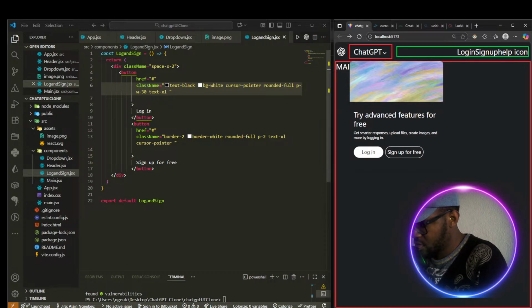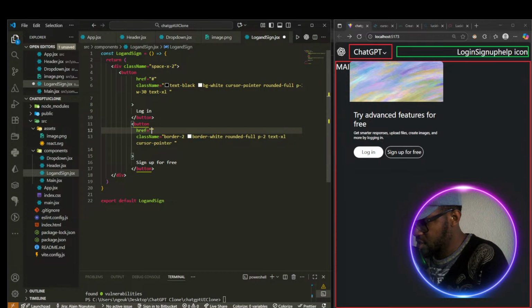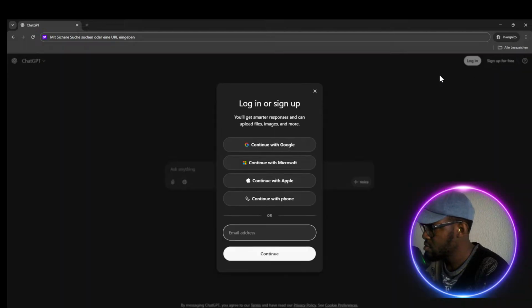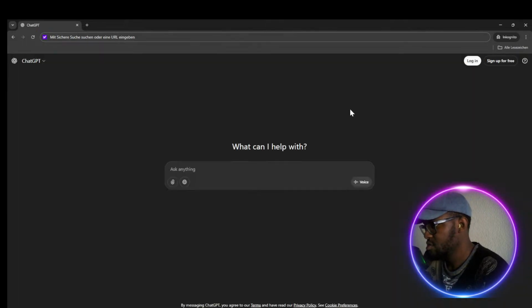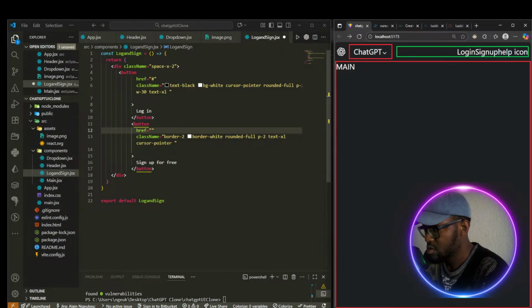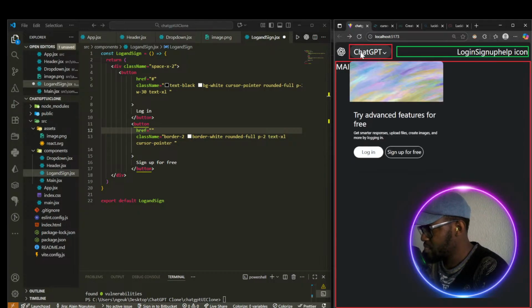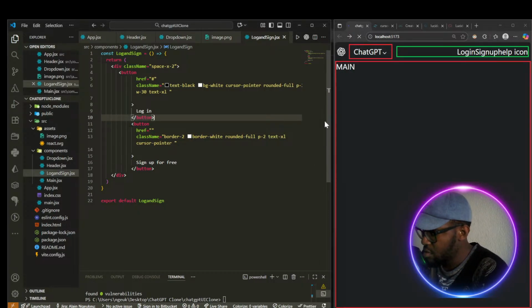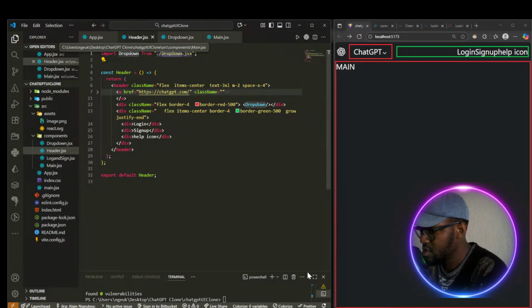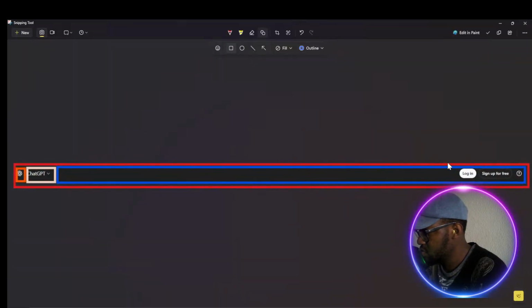Let's say for example for the sign up free, let's go and sign up free. We have this. Okay, I can just leave it like that. So I thought that there was a particular link here, but nothing. So that's it for the first dropdown, and we shall move on to the next part. So let me close everything. The next part is a third div here. So this div,